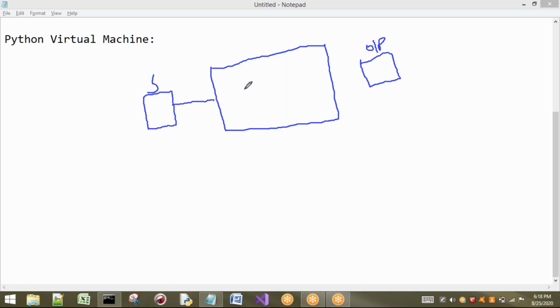So this is source code. I am giving the source code to some unit. It is going to give me what? Some output. So now I want to discuss what happens internally here. In yesterday's class, I discussed C, C++ and Java.